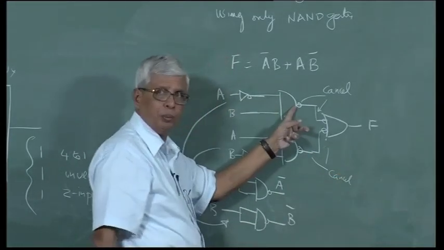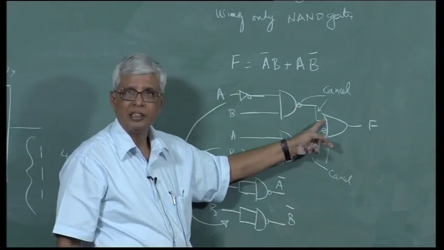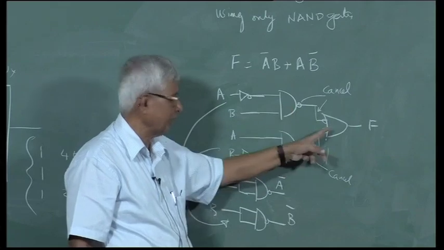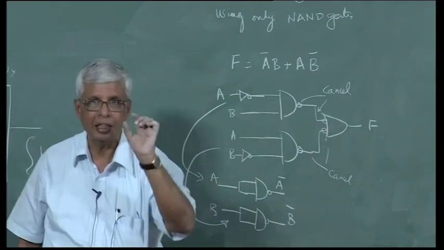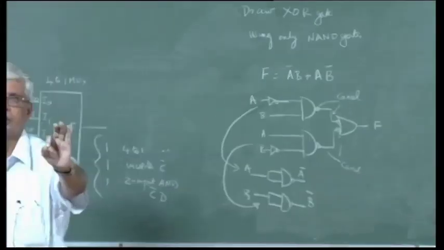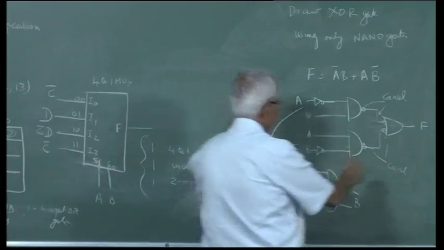I invert the output of this gate, this also will be inverted, input of this. But this is an AND gate, 2 input OR gate with inverted inputs also is a NAND gate. So this is equal to